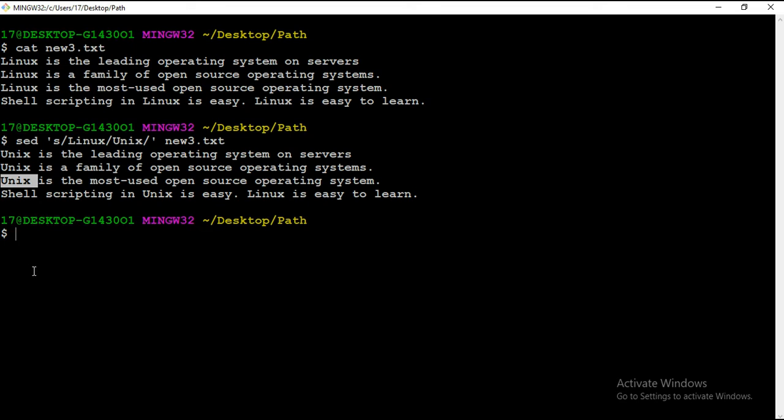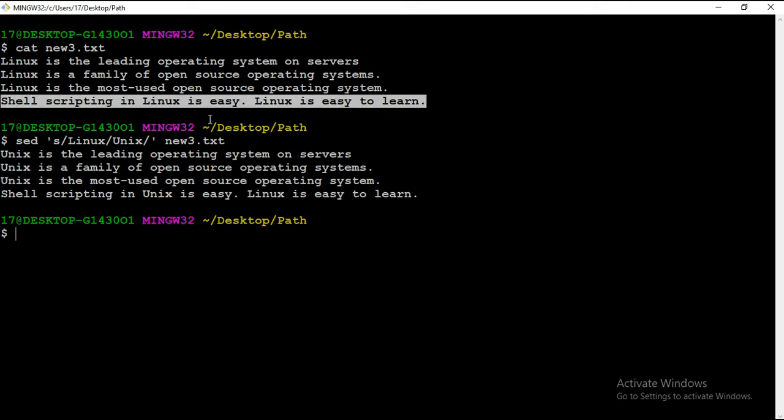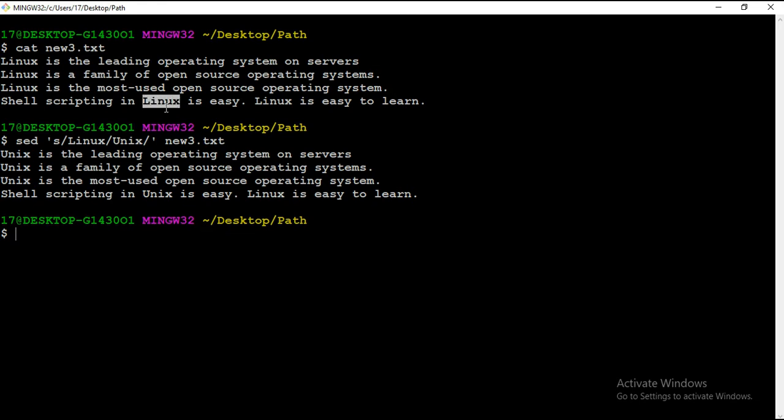Now you may have noticed that the fourth record contains the word Linux two times. This one is the first occurrence and this is the second occurrence. For the first occurrence, it has performed the substitution and it has substituted it to Unix, but the second occurrence of Linux remains as it is. So actually this is because the command that we have used is going to substitute the word Linux to Unix only for its first occurrence. If you want to perform the substitution for all of its occurrences, then you can add G here. So G here refers to global,